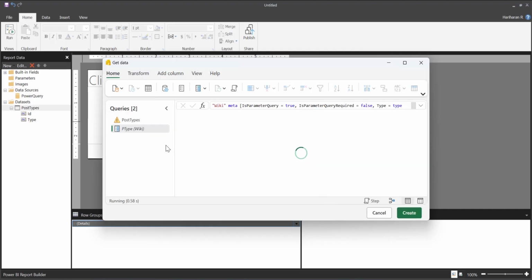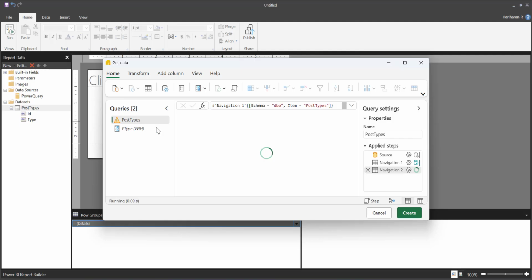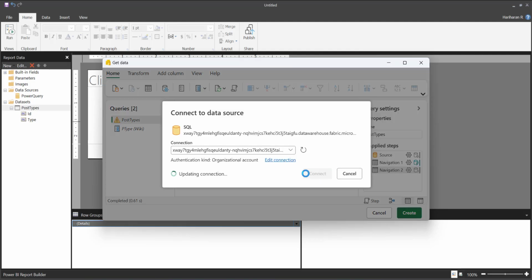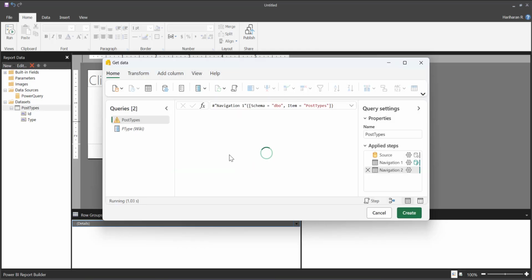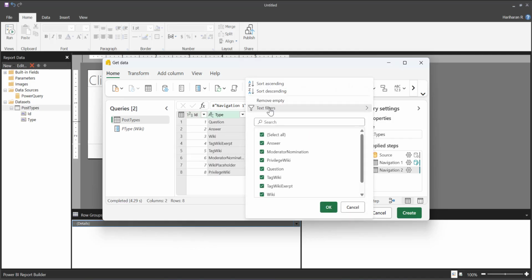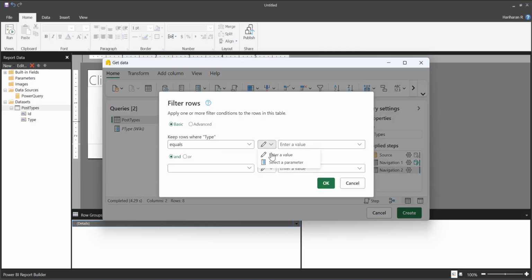and the parameter is created. Now just go here and we need to map that parameter on this query. So just click connect to show the preview and go here, text filter and equals. Here choose the parameter and that's all. Let's just click OK,